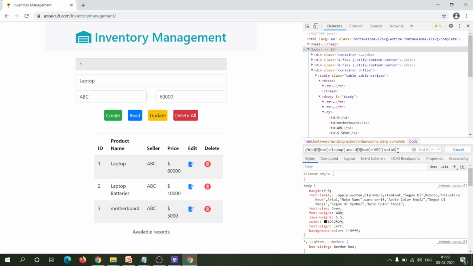TD, so 2, 3, 4, 5, 6, TD underscore 6. Some changes.